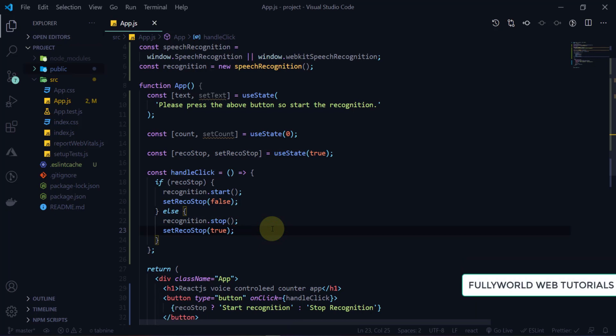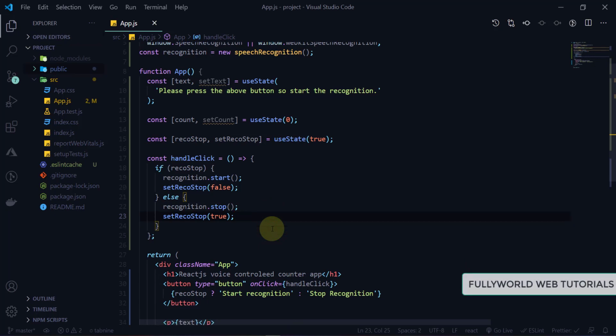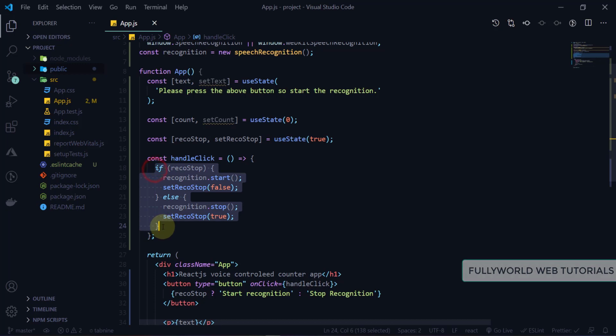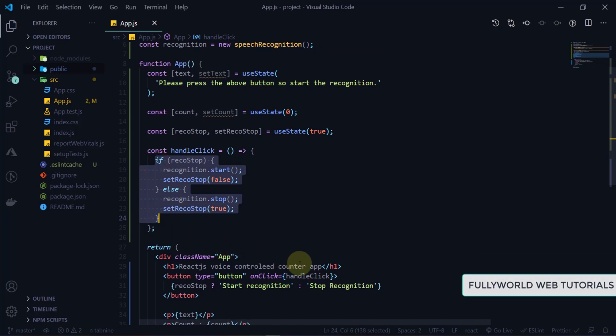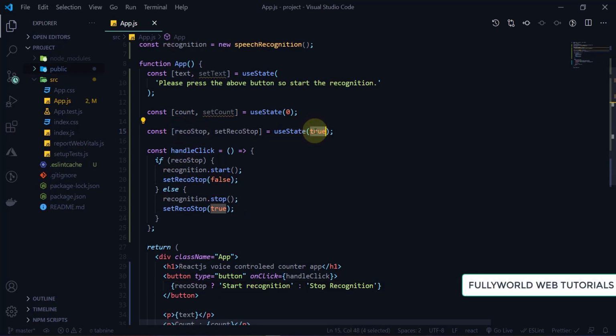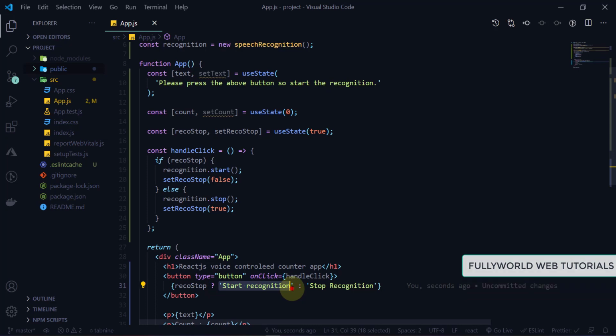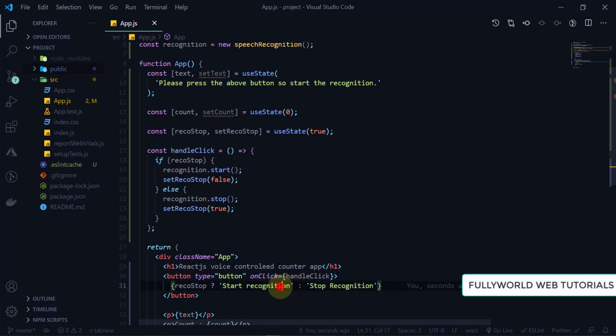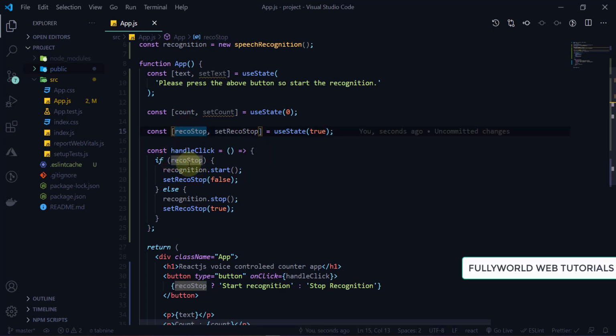So I'm going to explain it all again. When the user clicks on start recognition, for now reco stop is equal to true because our recognition is stopped. So true means start recognition will show to us. When the user clicks on start recognition, it will go here and first check if reco stop is true.